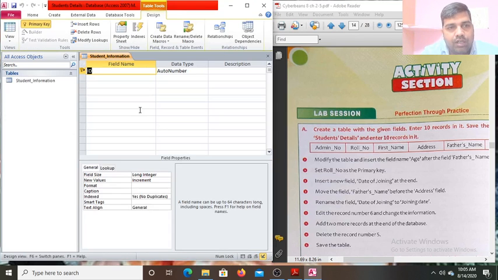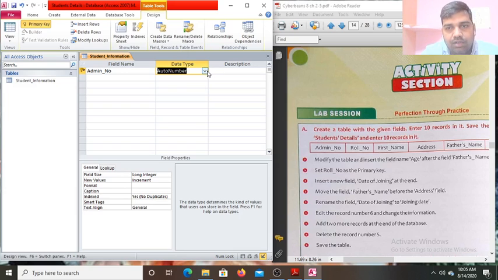Now we design the fields. The first field is the admission number, the ID field name. So write it here, admin underscore number. Now press tab.